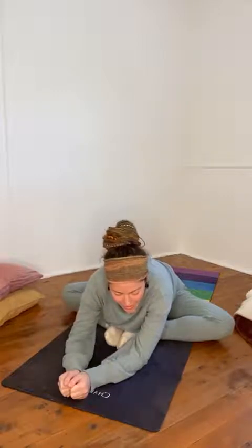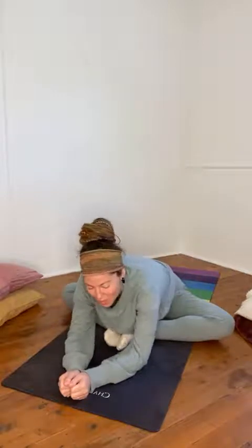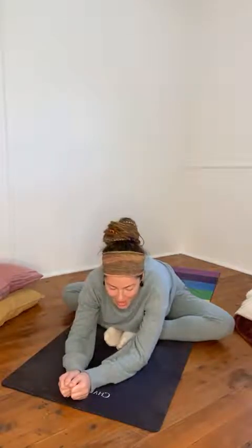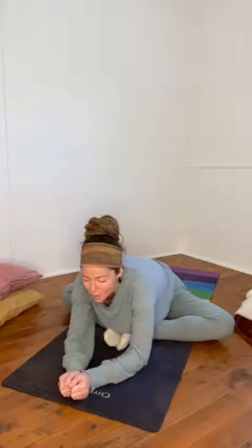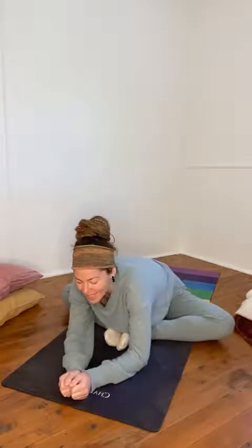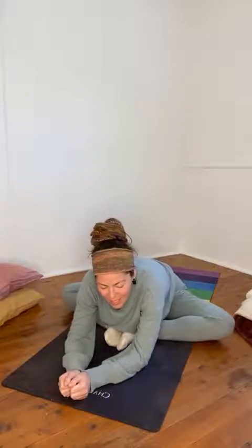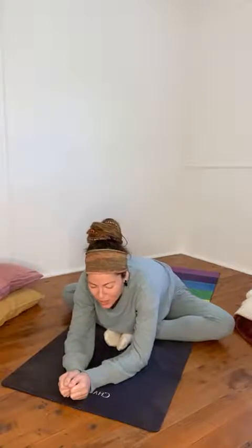Each time you breathe in, you are breathing in the positive, unconditional love energy from the earth, sending it to those points in your body that need a little bit of attention. And as you exhale, that energy has scooped up and scraped away all of the tension and stress and toxicity that might be stored in your body, and it is releasing out of you with your out breath. So visualize this healing and this clearing within your body, inhaling all the good stuff